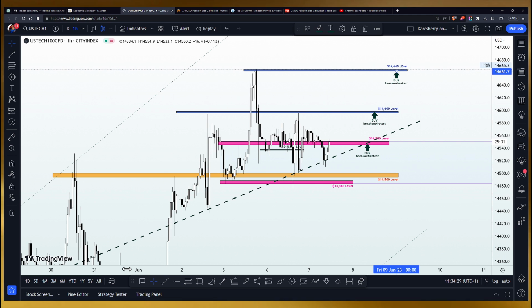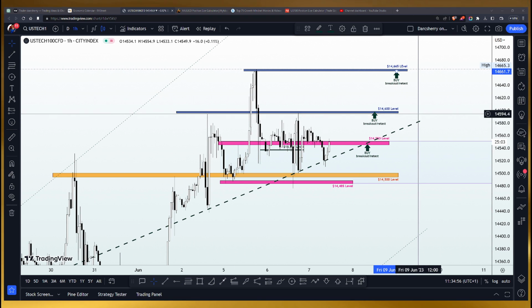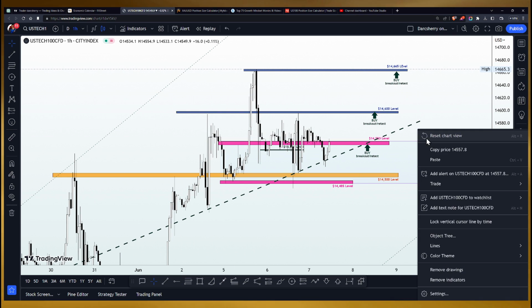So this is how we are going to be buying the USTech100 today. Let's keep in mind, let's be on standby to catch any of these opportunities for today. Now, in as much as we're looking out for buying opportunities, you know how I do it here. We always want to also keep the options open and look out for the potential that sellers could also take over this market. So if that is going to be the case, how do we intend to sell the USTech100 today? So hold on a second.